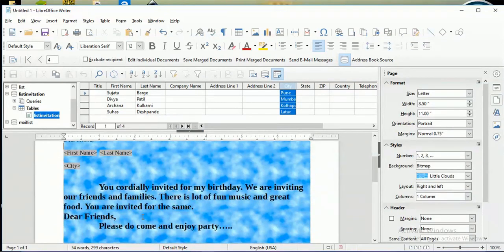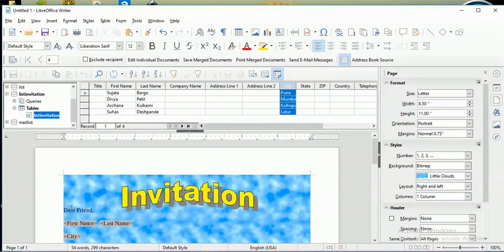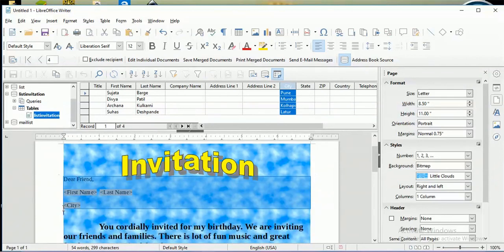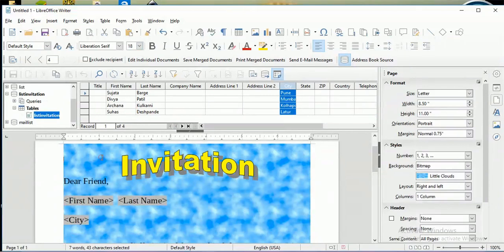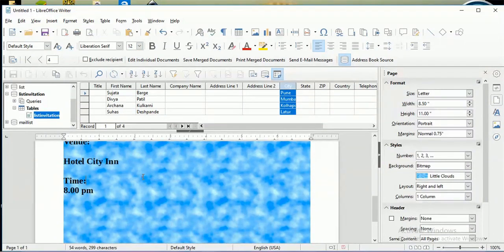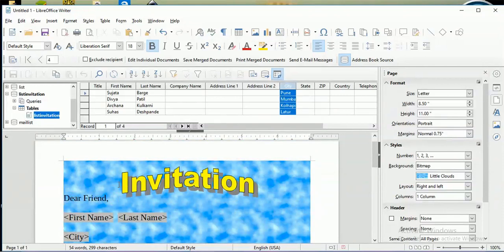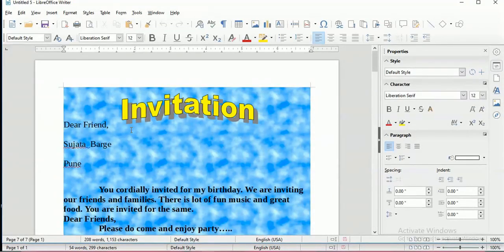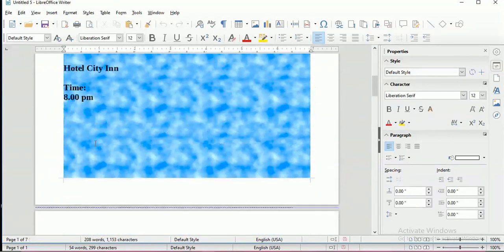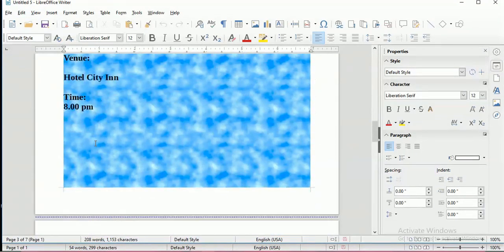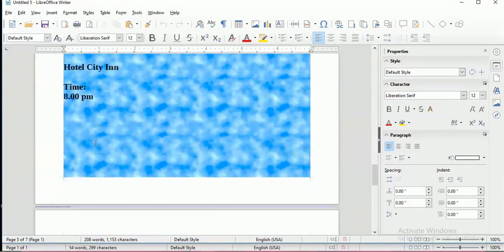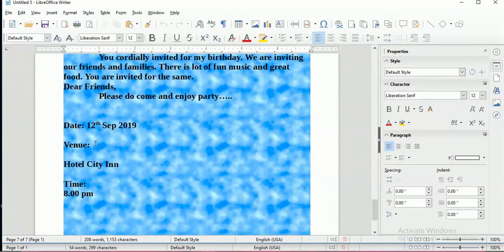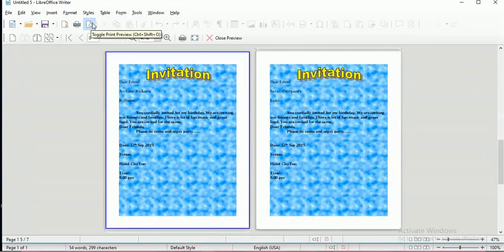After that, if you want to make any changes with your invitation card, do the changes. If you want to increase the font and all that, suppose we just want to increase the font, and just click the font size, and your invitation card is ready now. Whatever formatting you want, do it first, and then click the edit individual letter option or edit individual documents. Now see, it just shows the list of invitation cards. This is first one, then this is second one, then this is third one, and this one is the fourth one. In this way we use the mail merge option.